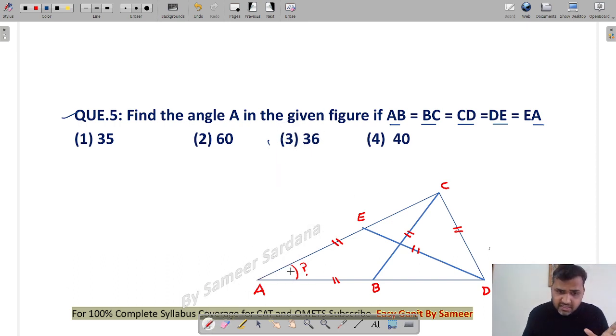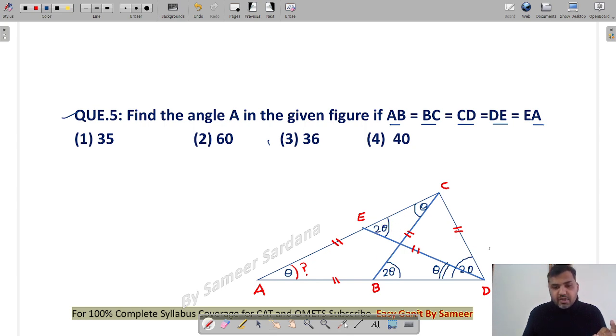Now, see this. Again, the same property that we have just discussed will be applied here. If I say that this angle is theta, then this angle will also be theta. So this angle will be equal to 2 theta, the exterior angle. Now, because the length of BC is the same as the length of CD, this angle will also be equal to 2 theta. And you can see that the lengths of AB, AE and ED are also the same. So can I say that this angle will also be theta? So this angle will again be the exterior angle of triangle AED, so this will be 2 theta.